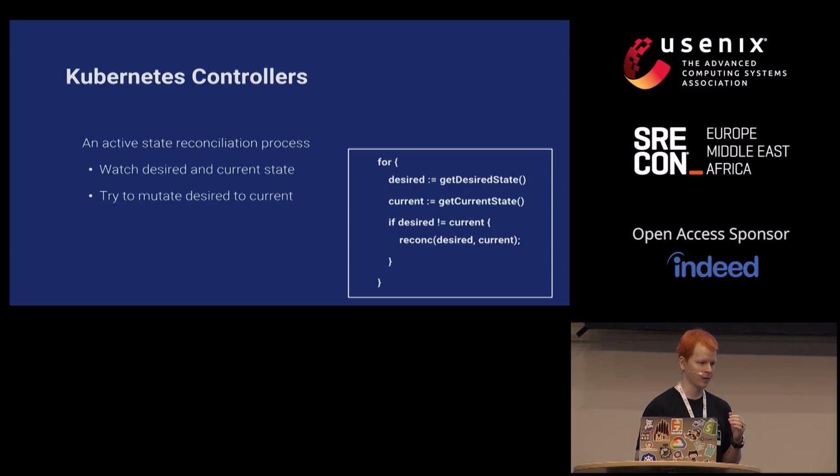To nail down this point, Kubernetes controllers are as simple as a loop, or well, watchers, but technically in a loop. They look at the desired state. So if there's a new object, an updated object, or a deletion of an object, that's the desired state. Then we look at the current state. If those two don't match, we reconcile. And the reconcile function is the thing you have to create yourself. But that's also the interesting part, because it's totally up to you what you want to do.